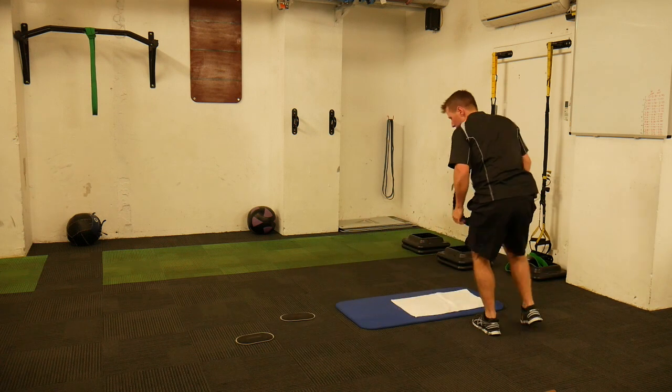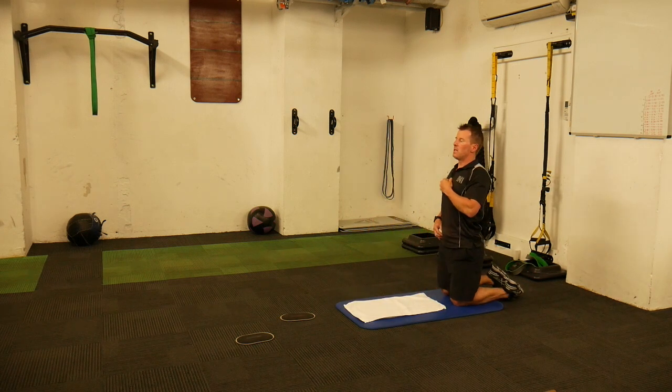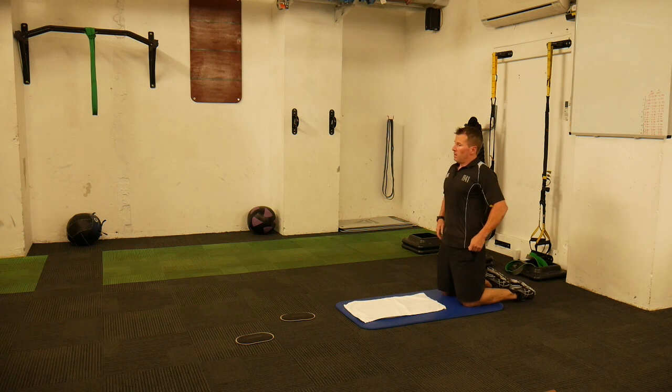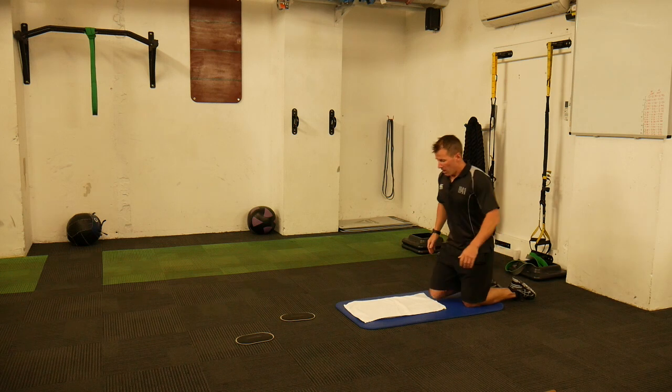Pretty simple stuff though, we're going a straight push-up. Now I say pretty simple stuff because it's an easy concept as an exercise, but geez, people get it wrong. And what I really want to talk to you about is how do we modify it so you can get a great benefit from it. In terms of a push-up,